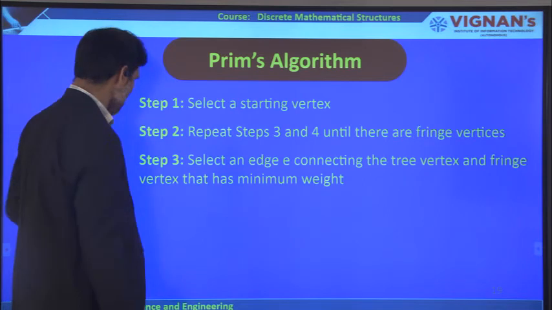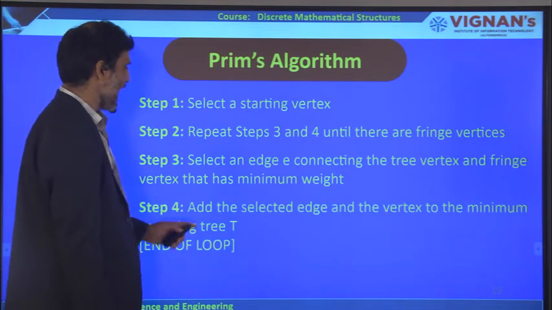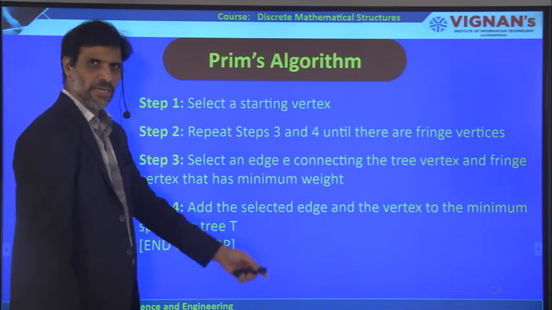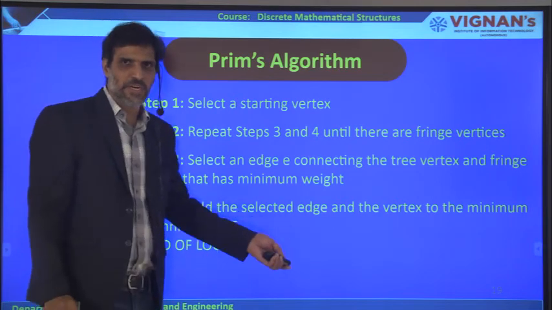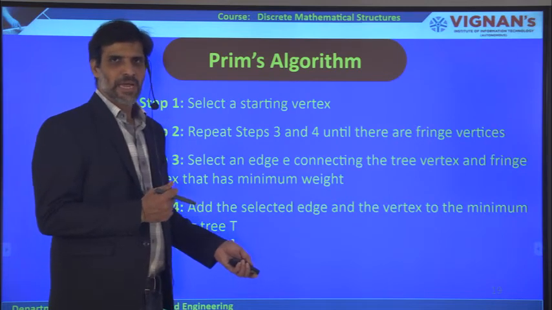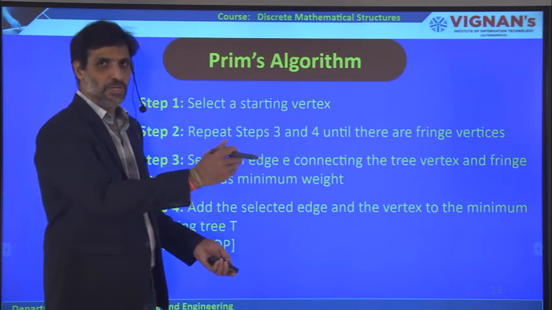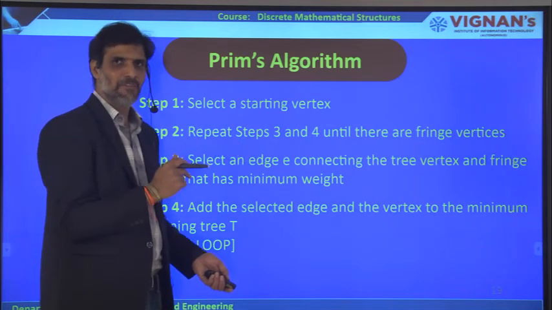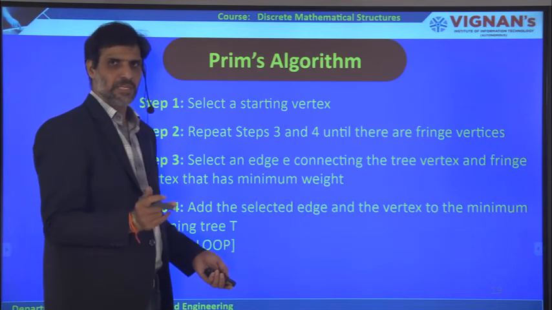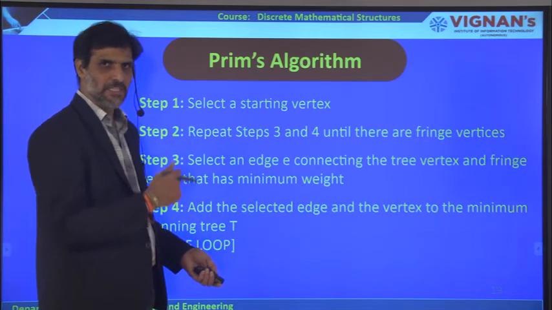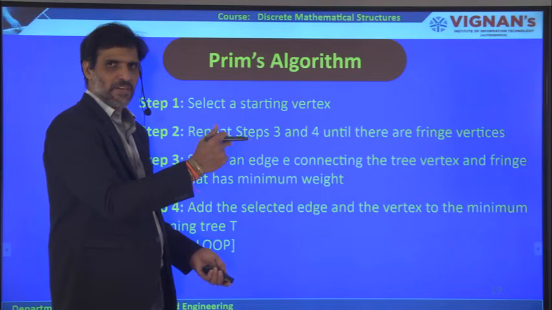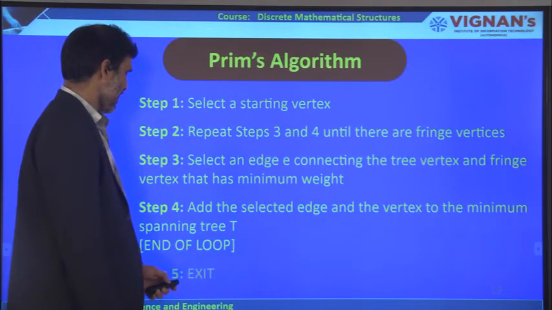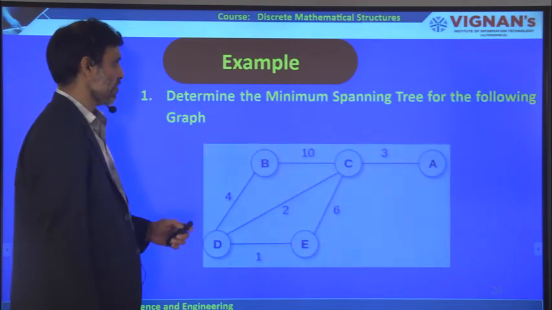So quickly we can go through: add the selected edge and the vertex to the minimum spanning tree. Just now what I did in the fringe: first I took V2, and then I took V2, V3. Why? Because that edge has minimum value compared to the other edges, even though they are adjacent vertices. But this particular adjacent vertex, which is connected with an edge, has the minimum value. And finally exit. Let us try to understand